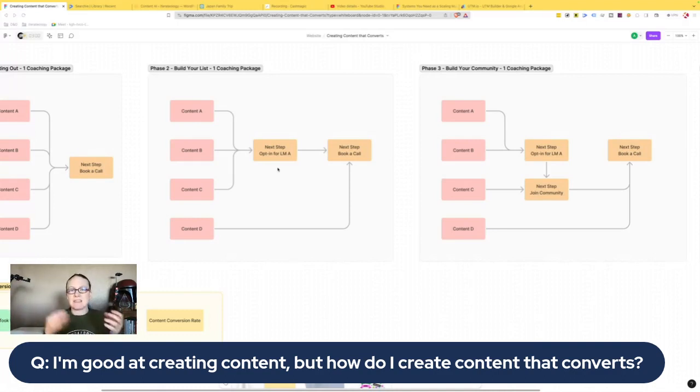So that's thinking through the mini transformation, like what's the first starting point, because once you solve that starting point, you know that they're going to have more questions, and you can have the very clear call to action of, hey, book a call with me. And then that's where you can introduce them to the whole methodology, or learn about where they might fit within what you have to offer as a coach.